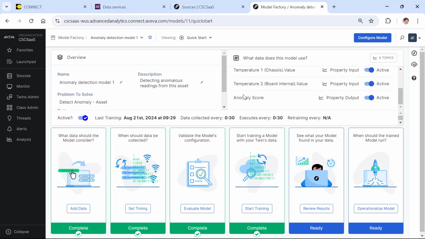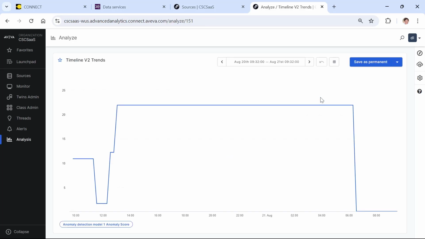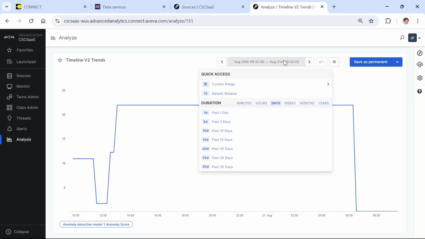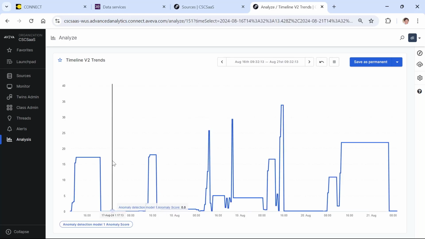And I can see how its behavior has been, what the model has determined, which actions have been anomalous, which days or which times, moments in time have actually been a little bit unusual based on that training data. By default, it gives me this 1 day time range, but I'll change this and I'll look at several days. Sure enough, you can see here, yes, the anomaly score has been spiking a couple times in the past. My operators and engineers have been reporting seeing some unusual behavior, but yes, it turns out that their intuition was exactly correct. There have been some interesting issues with this piece of equipment,